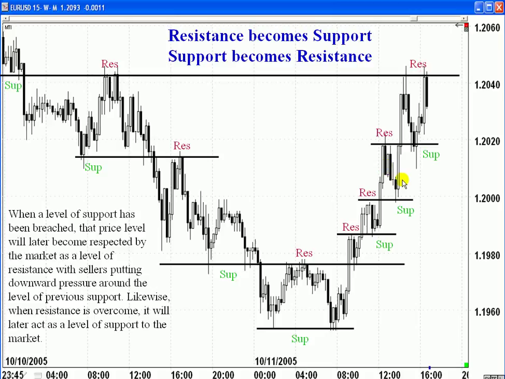The other point that I want to note here is this: look at how long consolidation is and look how short a period of time it takes for it to break through the base of consolidation. Then we have another consolidation in this range here, and look how short a period of time it takes to break through. Again, another range of consolidation between support and resistance, and then price breaks through. Look at the length of time between support and resistance, and price breaks through. What this should tell you is this: